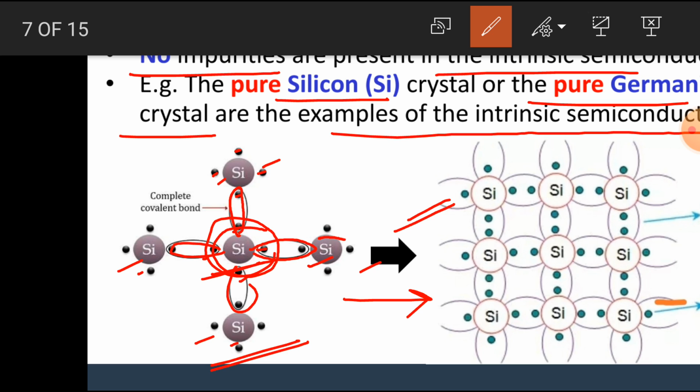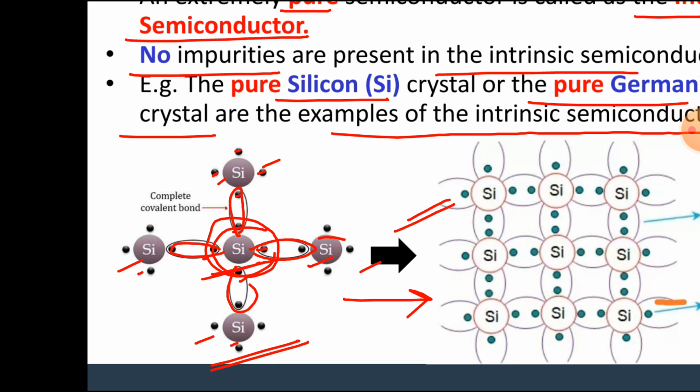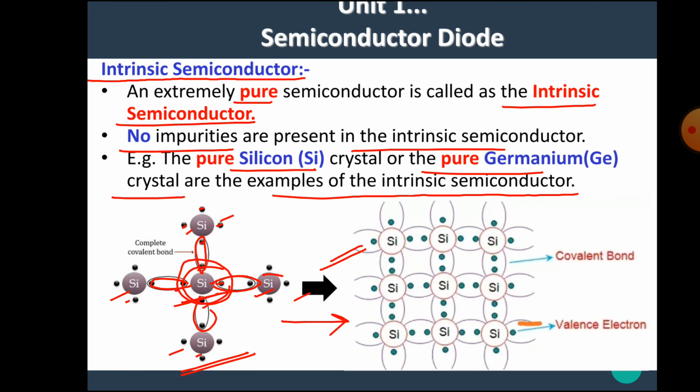That means all the electrons are in bound state. No free electron or hole is present. I hope you all understand the diagram of the pure semiconductor or pure silicon crystal. Next,